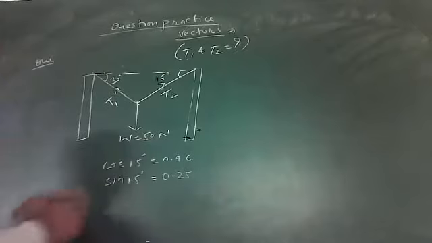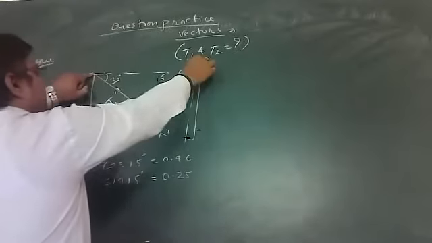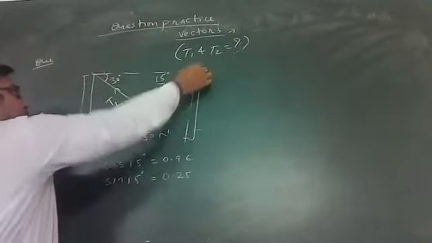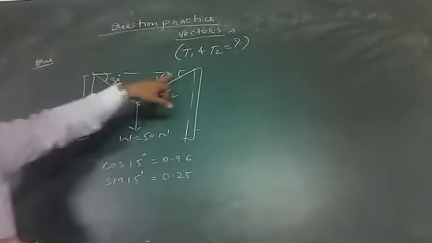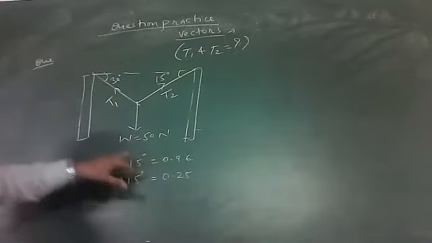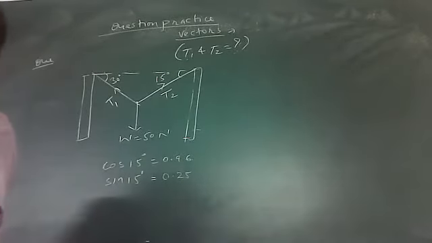I'm again repeating the question. There are two poles. A rope is placed there. With the help of a weight force, this rope is stretched. This rope will develop this kind of shape. Here the angle is 30 degree, and the other angle is 15 degree. You have to find the values of T1 and T2. The question gives you the value of cos 15 as well as sin 15.